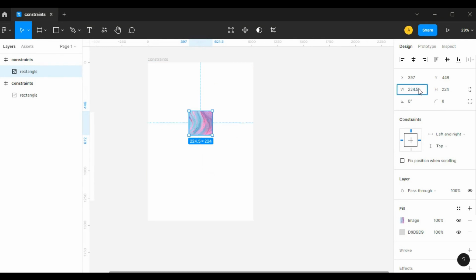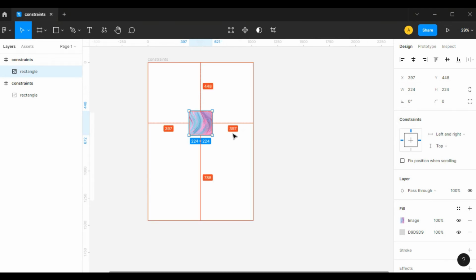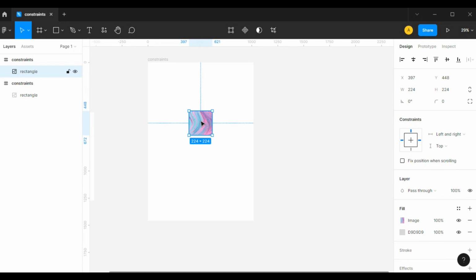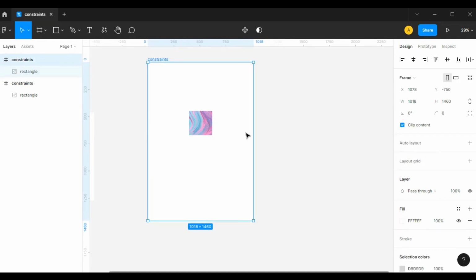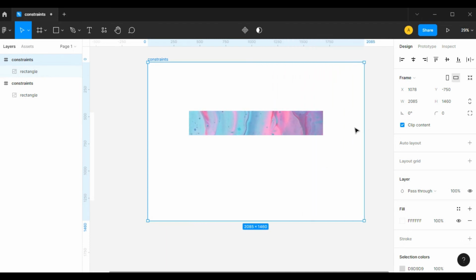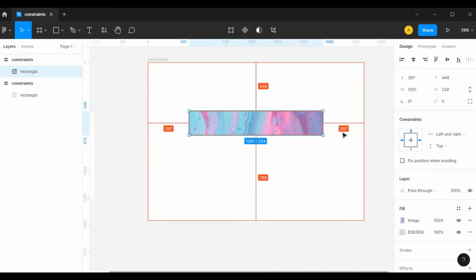Now if I just do 224, now you see it's 397 and 397. So now that I have given it left and right, you see it's 397 pixels from the left and 397 pixels from the right, and if we widen the frame, it still will remain 397 pixels from the left and 397 pixels from the